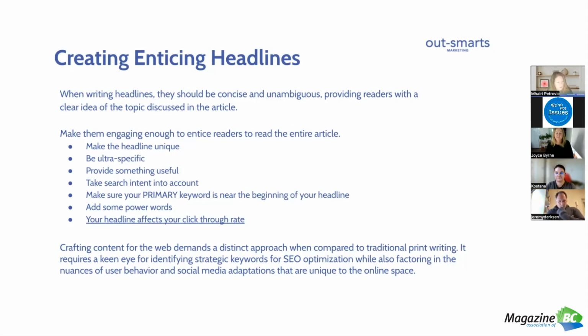It should be ultra specific. It shouldn't be obscure. You know, Joyce and I were talking about this last week, if you wrote an article that was maybe called Hot Potatoes, I don't know if you're talking about mashed potatoes or something might be something completely different. It's probably got nothing to do with potatoes at all. It's going to be ambiguous and confusing for people. So your headlines online really should be less artsy, unfortunately, and more specific so that people understand what they're looking for or what they're going to find once they read it.